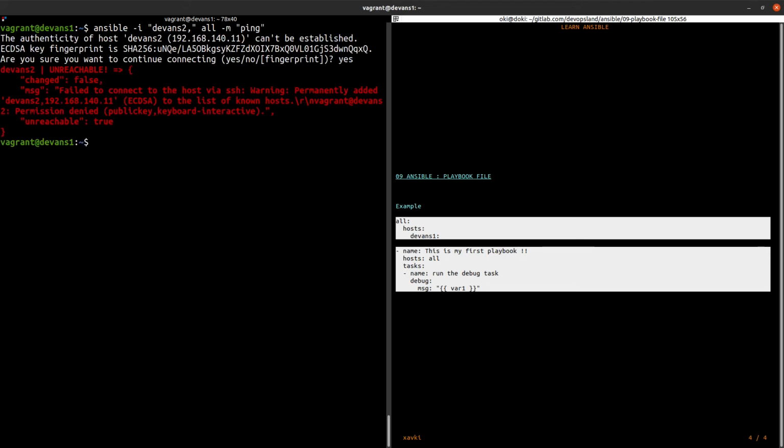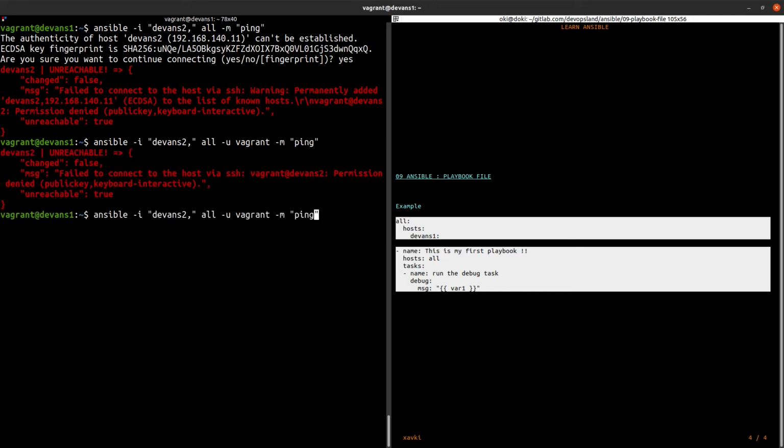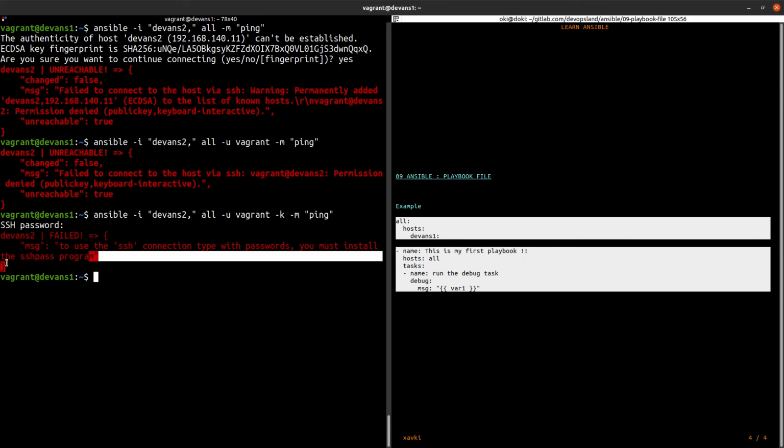So yes, we accept the fingerprint. Vagrant failed to connect. So we can specify -u vagrant. No. We must use lowercase -k, and we can specify the SSH password, and Ansible wants to use the sshpass program.